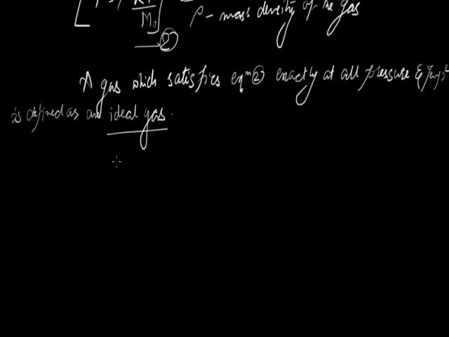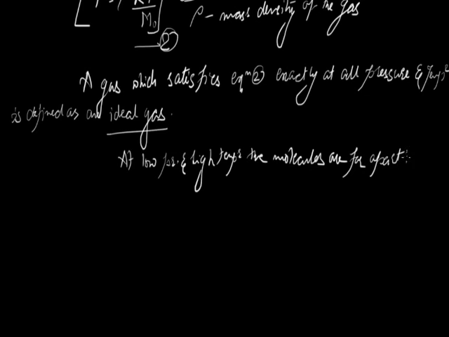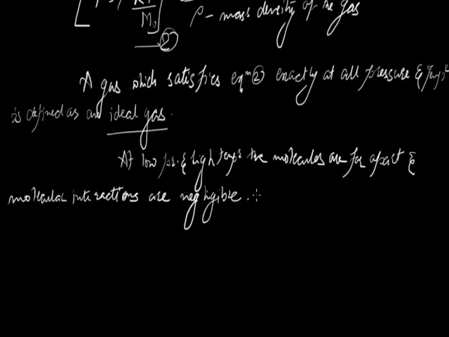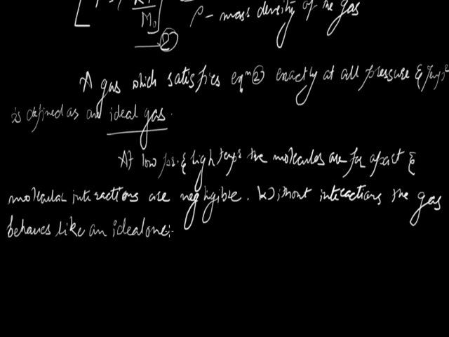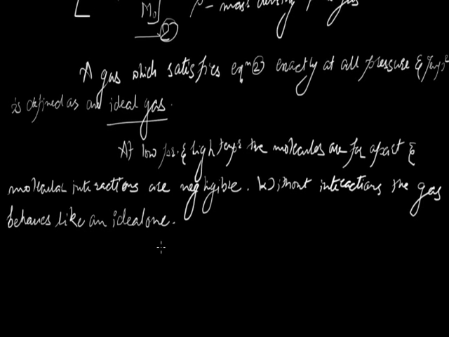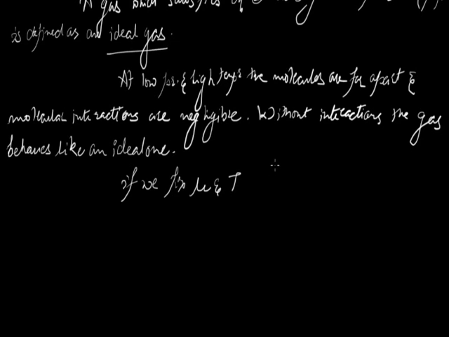So we can write here, at low pressures and high temperature, the molecules are far apart, and molecular interactions are negligible. Without interactions, the gas behaves like an ideal one. If you fix mu and T in equation 1,